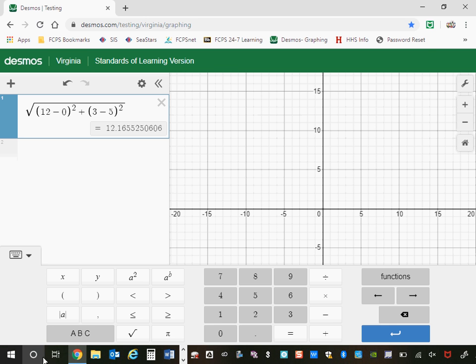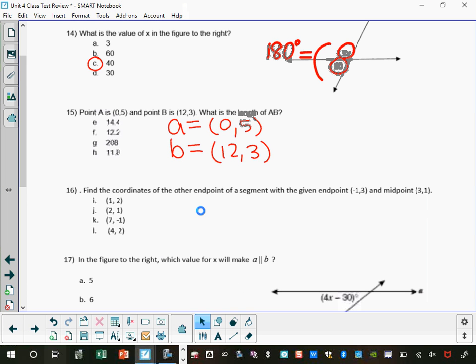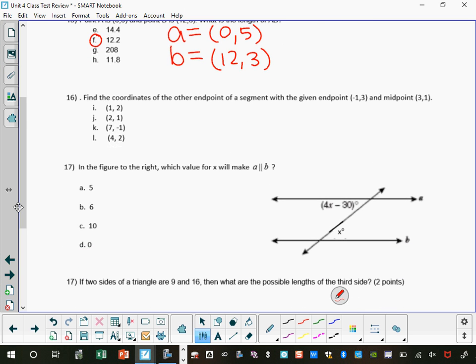All right, look at number 16. All right, so 15, you guys got F, right? All right, so 16. Find the coordinates of the other endpoint of a segment with the given endpoint of -1, 3 and the midpoint of 3, 1. I want you guys to write endpoint, midpoint,